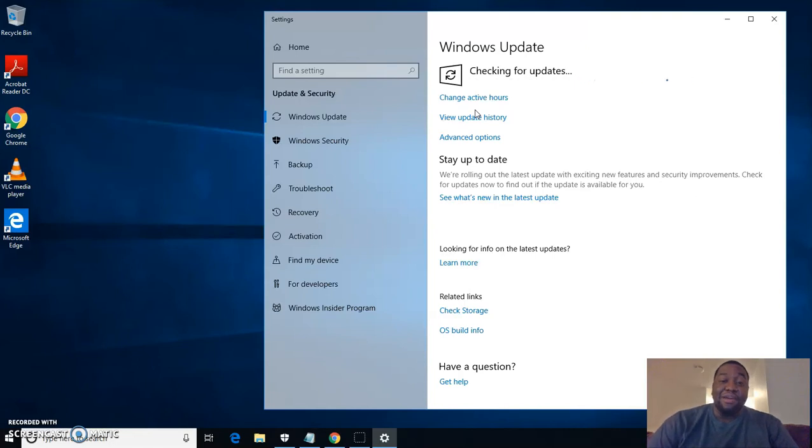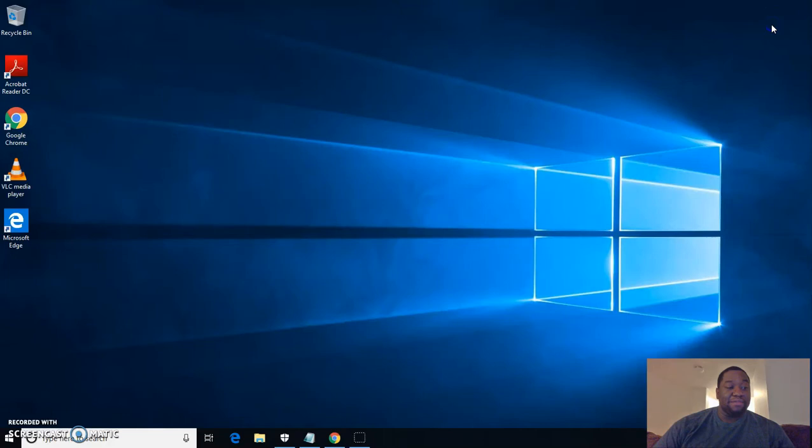So don't worry about the different version numbers. Just know that you need to be at least on 1803 for this tweak to work. I really don't want to confuse you, but that's what you need to be on for this tweak to work. So I'm going to close this, and since we have the current version,